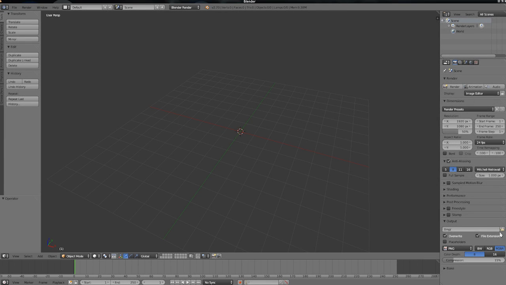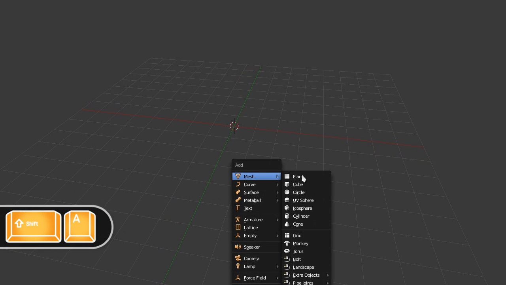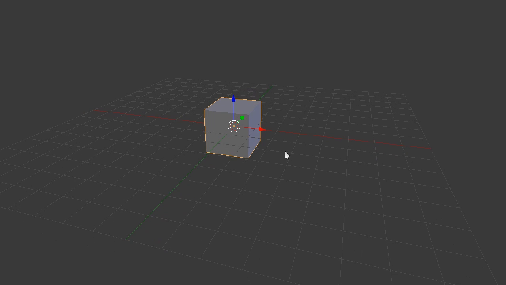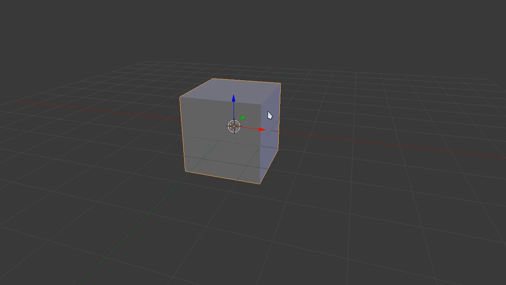Okay, let's get into the details. First, we're going to add a new object. I'm going to hit Shift A. I'm going to add a cube. Now, this by itself is pretty boring, but if you wanted to manipulate the cube, let's say you wanted